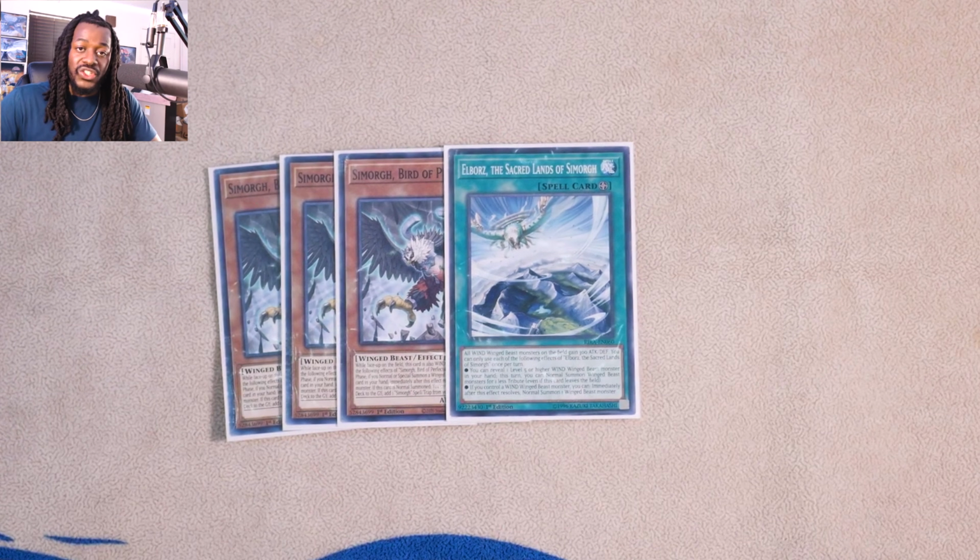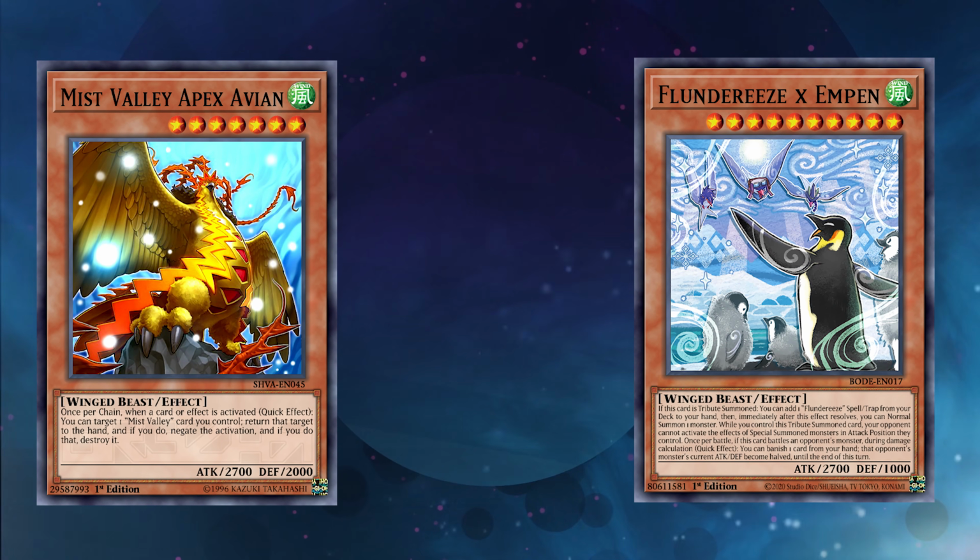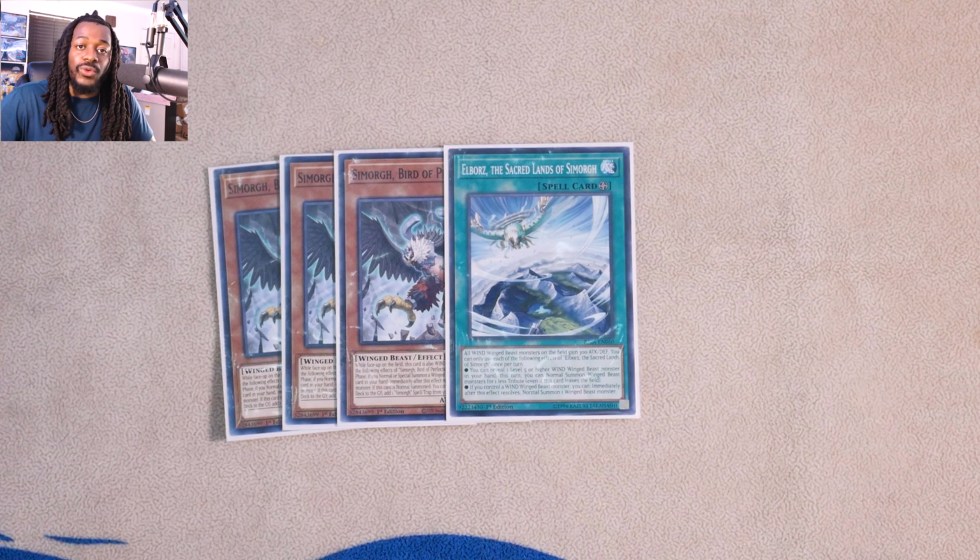Not only does it reduce the tribute requirement for your big bird monsters, it also allows you to gain an additional normal summon, which is huge inside of this deck. This creates situations where you can first turn make Miss Valley Apex Avian and your Impin all without being hit with Nibiru. Of course, I'll show you how useful these cards are in the combo sequence, but moving forward,